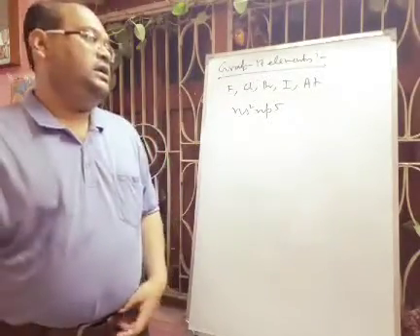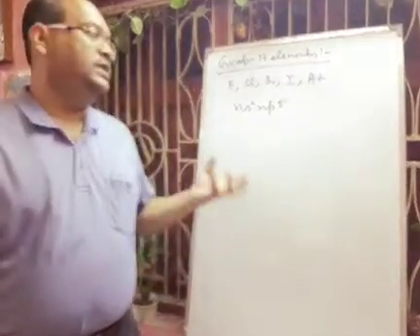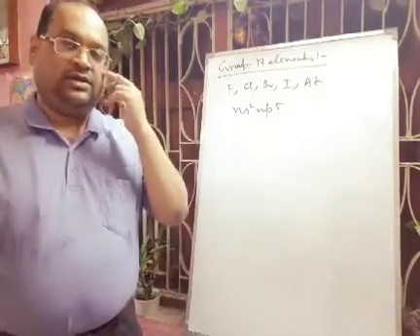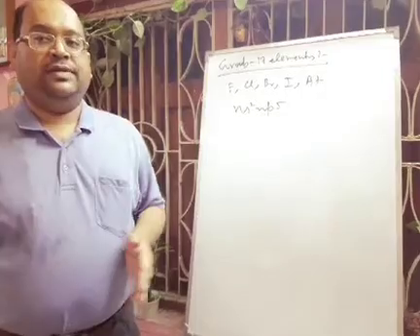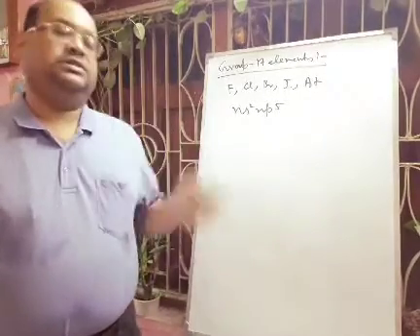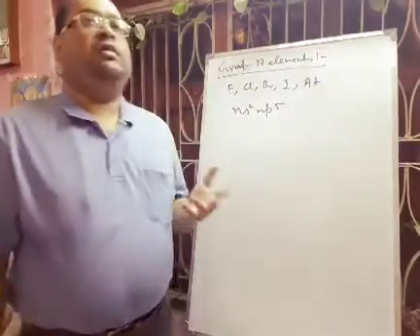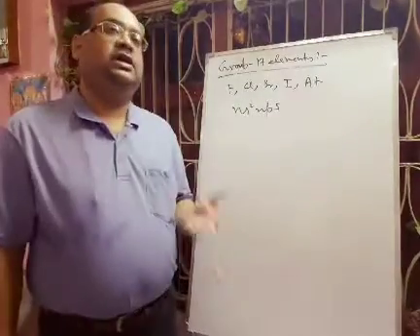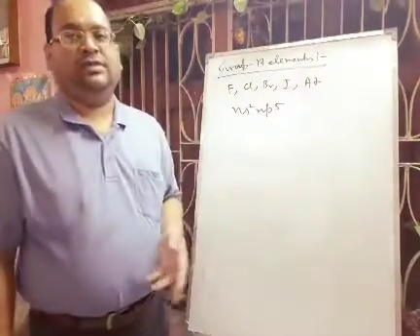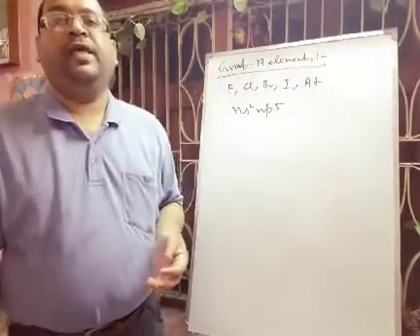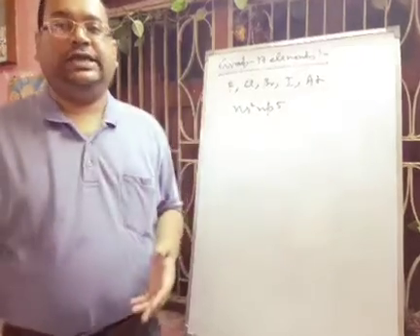And if they accept 1 electron, they will get the nearest noble gas structure. So definitely they will show the valency 1. And because of the presence of d orbitals in the case of chlorine to astatine, they can have 1 unpaired electron, 3 unpaired electrons, 5 as well as 7. So their valency will vary, they will show 1, 3, 5, 7. Next we will discuss their oxidation state.